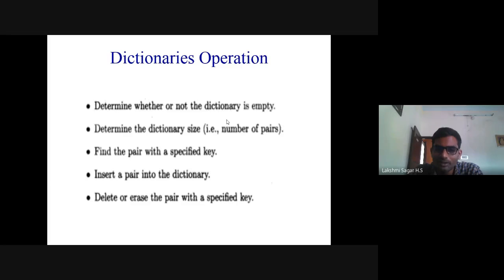A key plus an element we call one pair. If you want to insert a pair into the dictionary, you can use it. And delete or erase the pair with a specified key, you can remove the key and its associated element.